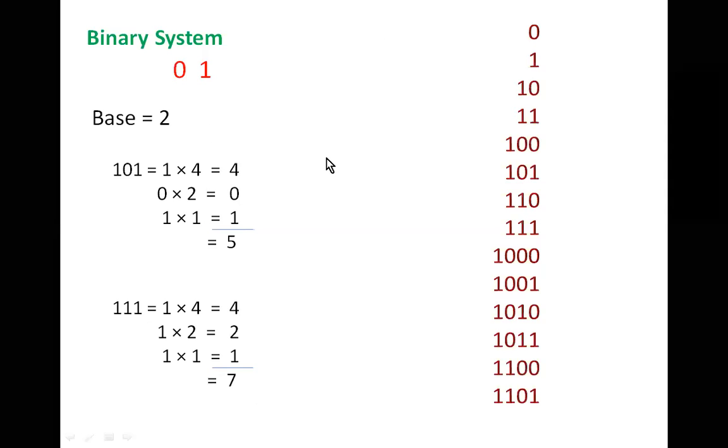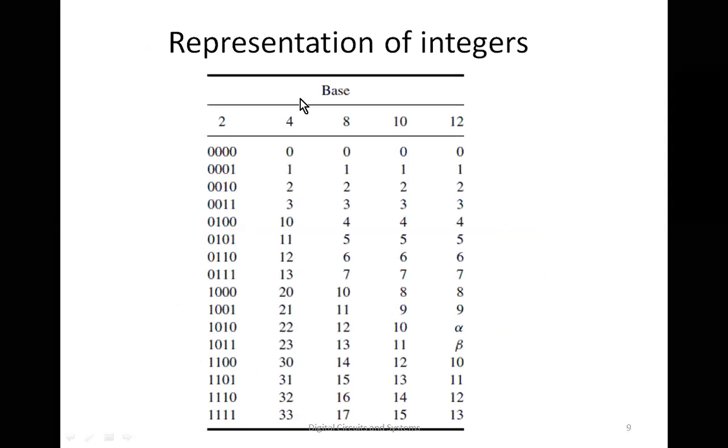Next, in this table we see different number systems. Let's say this is the binary system, because it has base 2, and this one has base 4, meaning it is a system with 4 symbols. And this is the system with base 8, the octal system, and the decimal system. This is an example system in which there are 12 symbols used in the counting process.